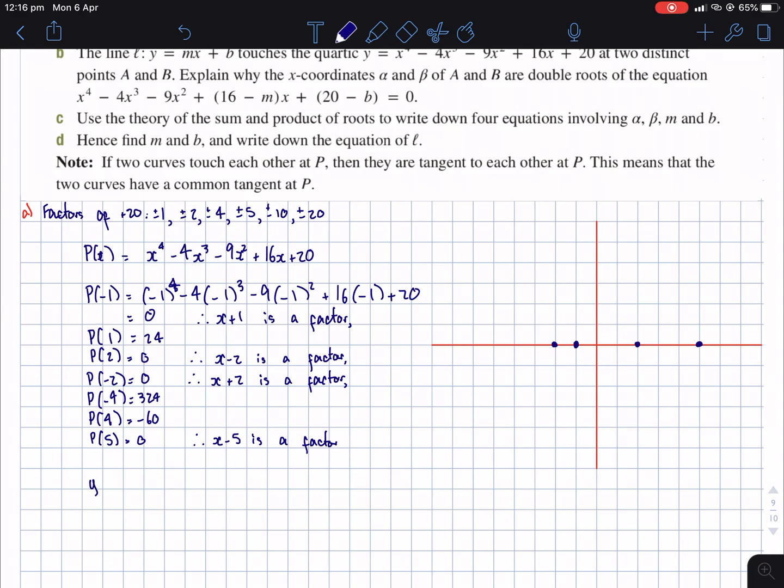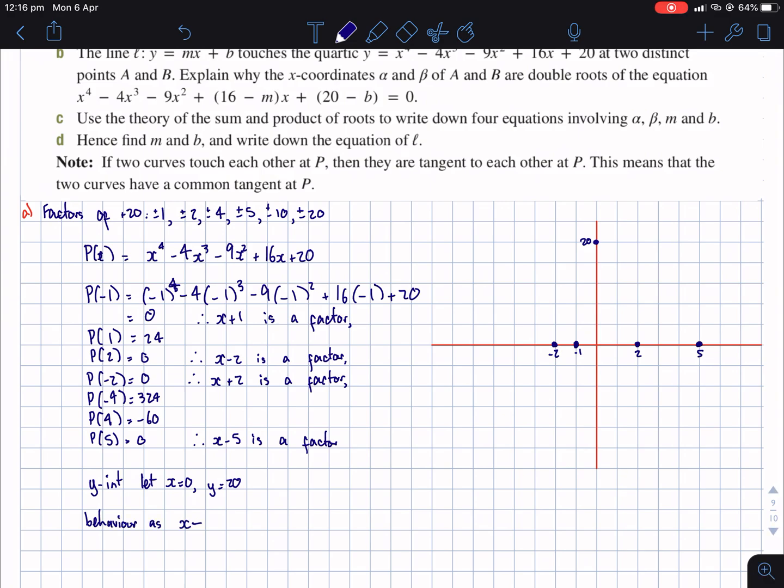The y-intercept. Let x equals 0, y equals positive 20. 1, 2, 3, 4. I'm going to make this 20. So it goes through minus 2, minus 1, 2, and 5, and goes through positive 20, and behaviour